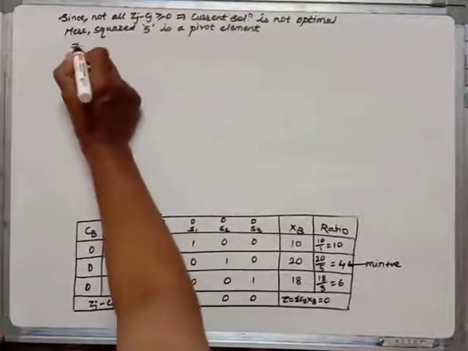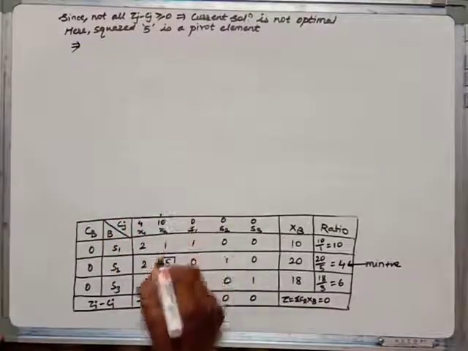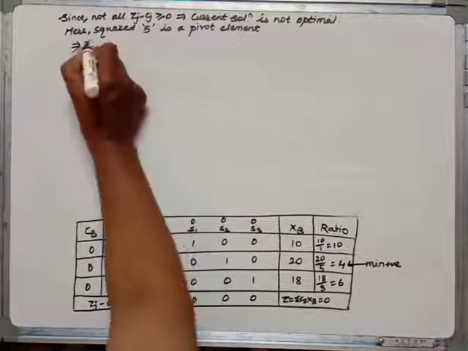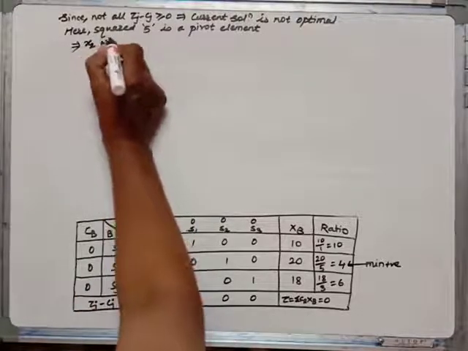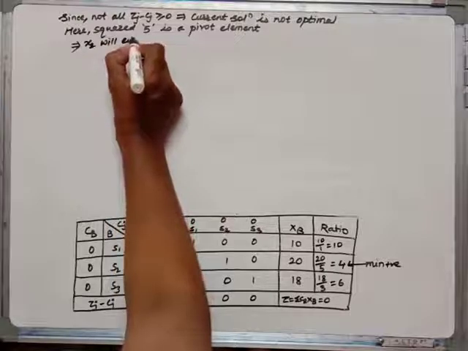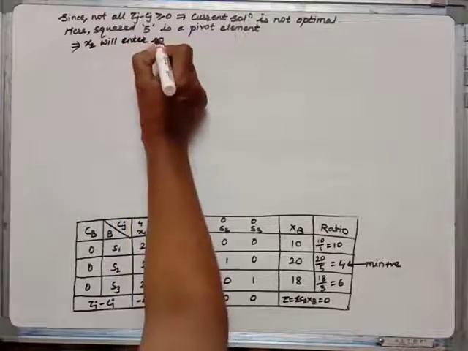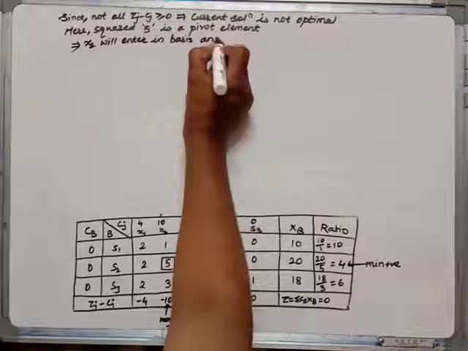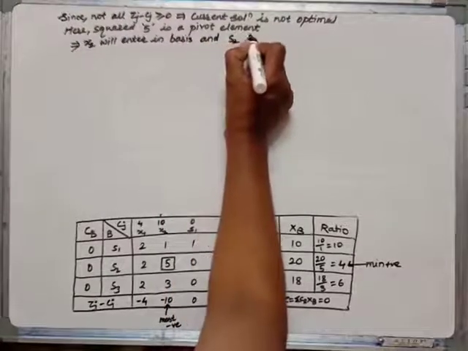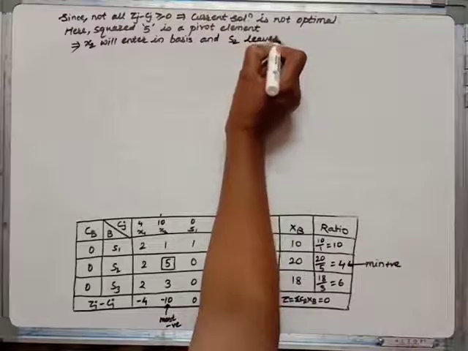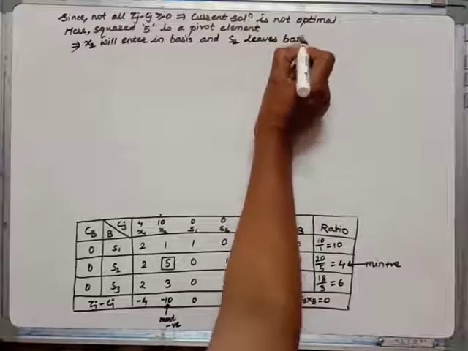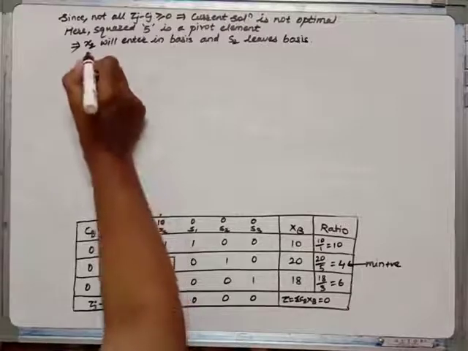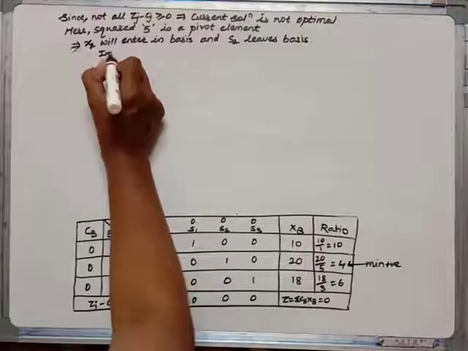So this implies x2 will enter in a basis and s2 leaves the basis. x2 will enter in basis and s2 leaves basis. Therefore, improved table is